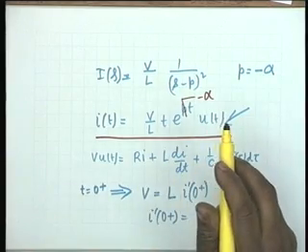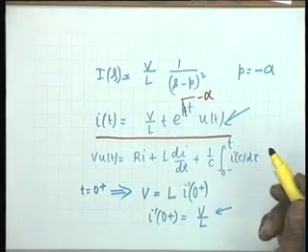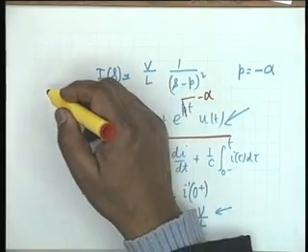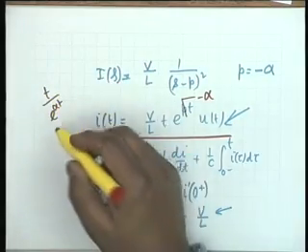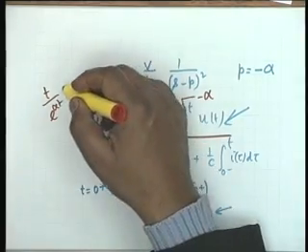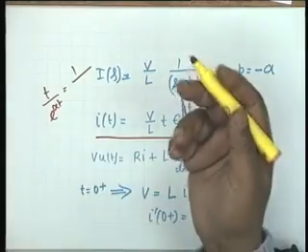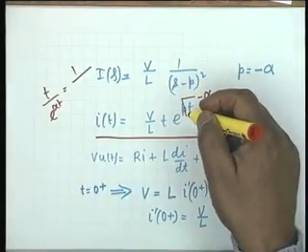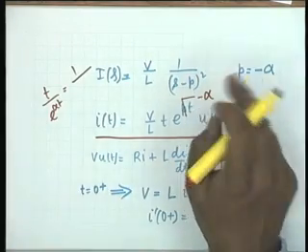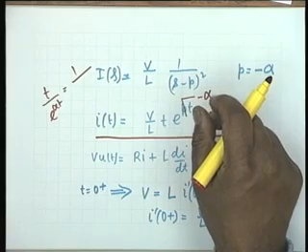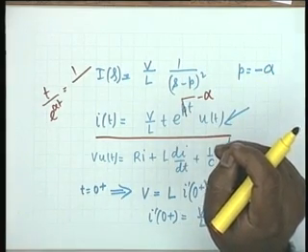The exponential decay is faster than linear rise. You know that. If you don't, you can expand e to the alpha t, expand this, divide by t, then you will see that it becomes 1 over sums of powers of t. At t equal to infinity, obviously that goes to 0. So our physical conditions are satisfied, that is, it starts from 0, it dies at infinity. In between, can it be negative? No, it has to be positive.